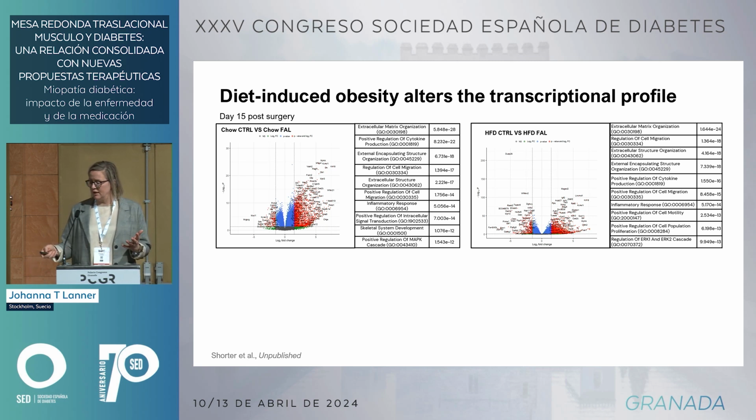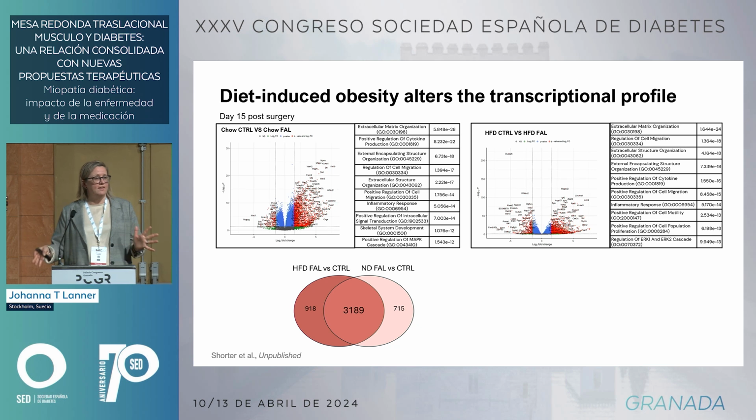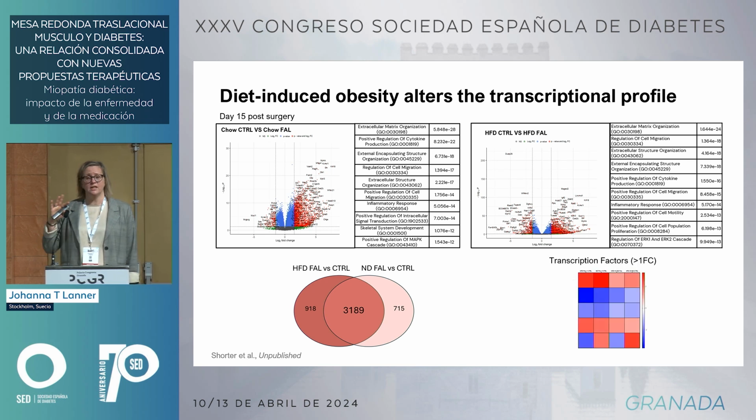And maybe it's easier in a Venn diagram to see how we compare. From this we can see that at least 900 transcriptional changes are unique in the obese mice. And then it's all about how we can find what actually matters here, and we're on the way. I just want to show you again, just looking at the pattern, we looked at transcription factors, which are a hub that can affect the transcription of many genes.